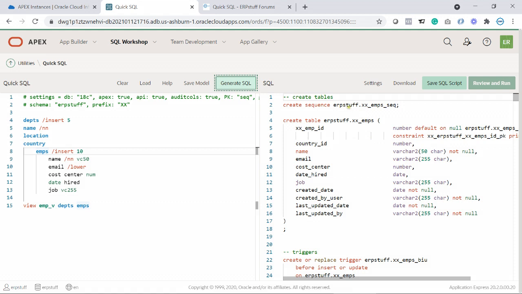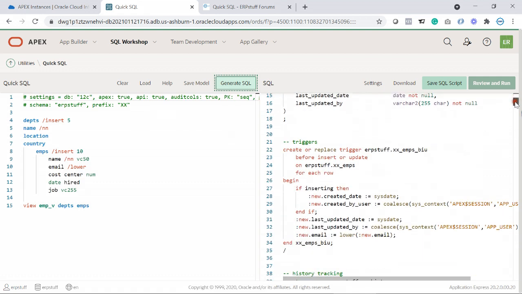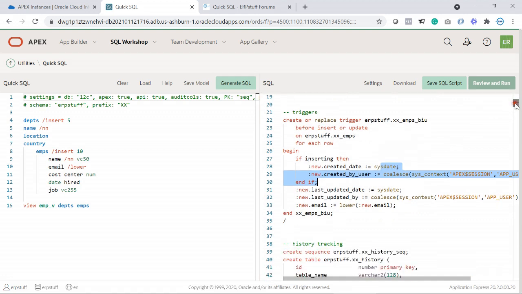Okay, if you see here now the scheme, I don't need to go to settings now because I made all these settings on the header, and you can make changes over here. The DB version, if you want 12C, you can make it 12C. Right? So it will make compatible to the 12C. So everything is done. See those audit columns also done, right? It is automatically naming the triggers,